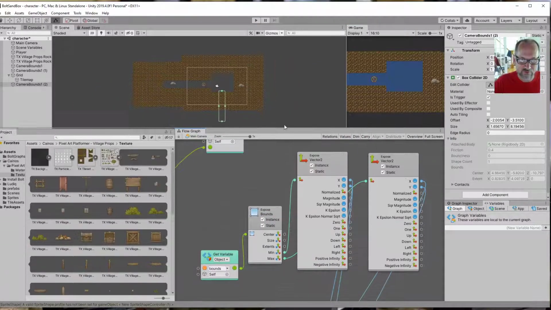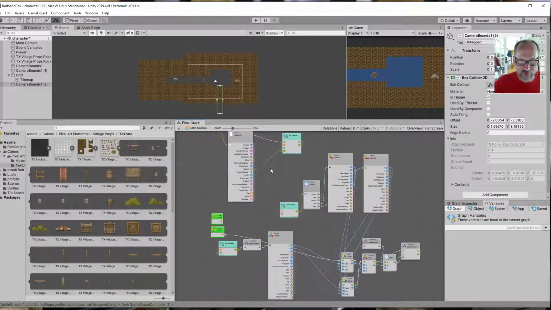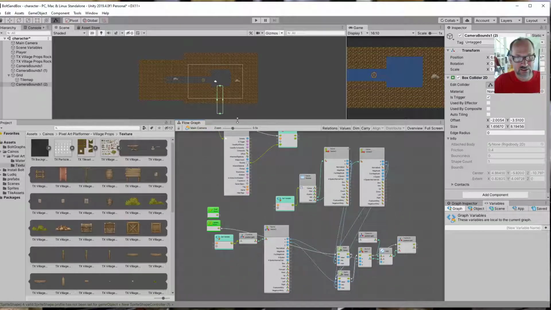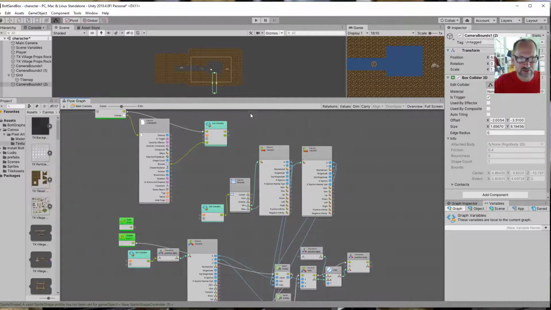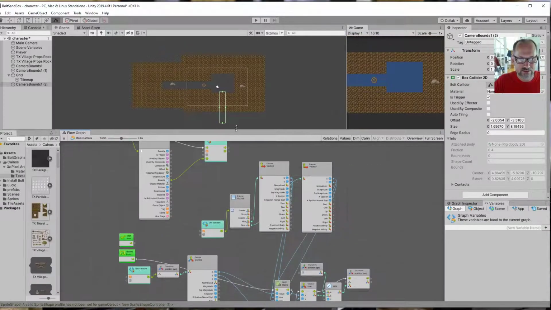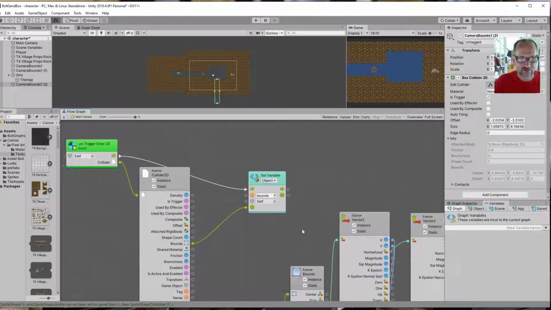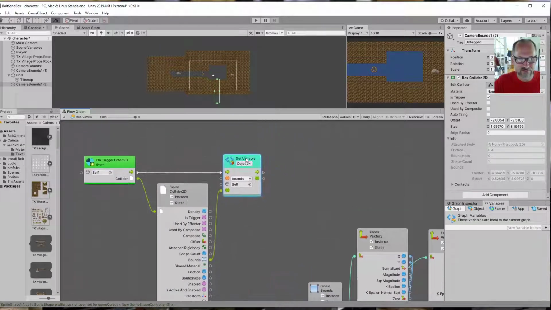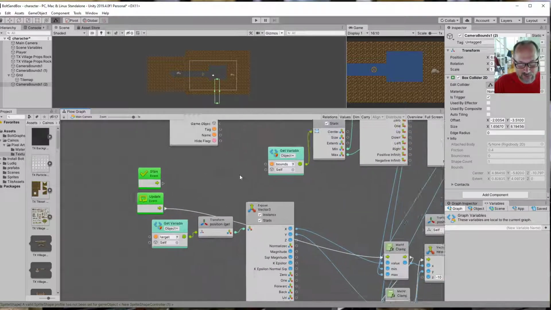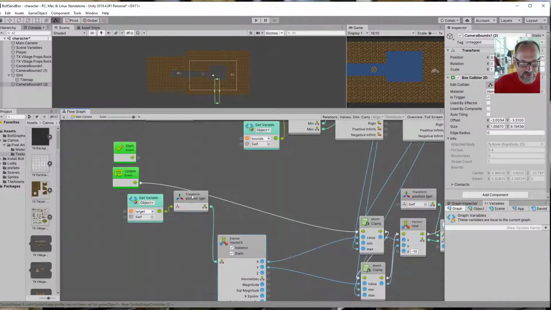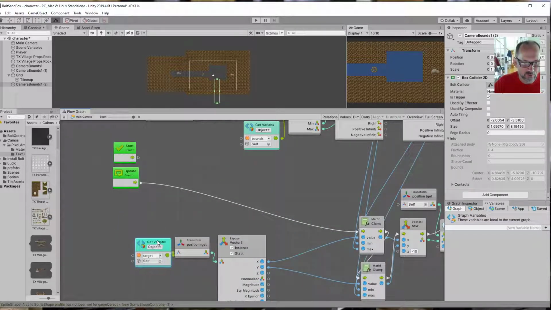How does that happen? Now, I'm gonna assume that you're sort of familiar with collisions, because collisions is an important part of this. And I'm gonna try to zoom this in a little bit here. It's tricky. Sometimes Bolt definitely can be a little bit overwhelming on the screen. You like to have a nice big screen for using Bolt. So in Bolt, we have a couple things going on. Now, first off, I have the main sort of camera tracker over here. And so during update,